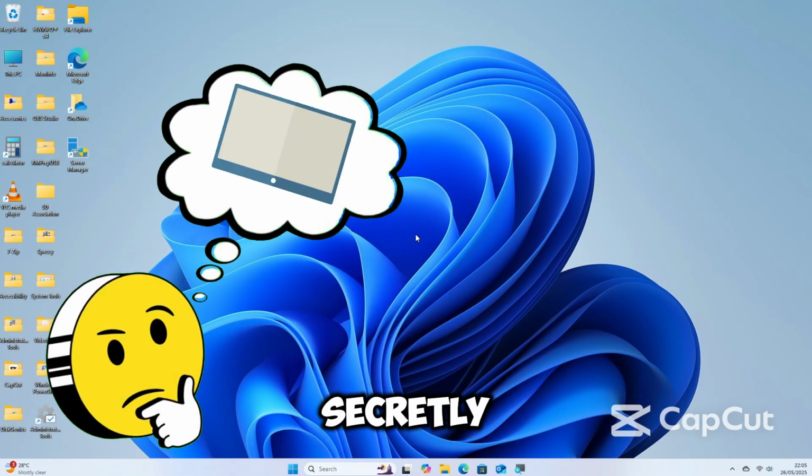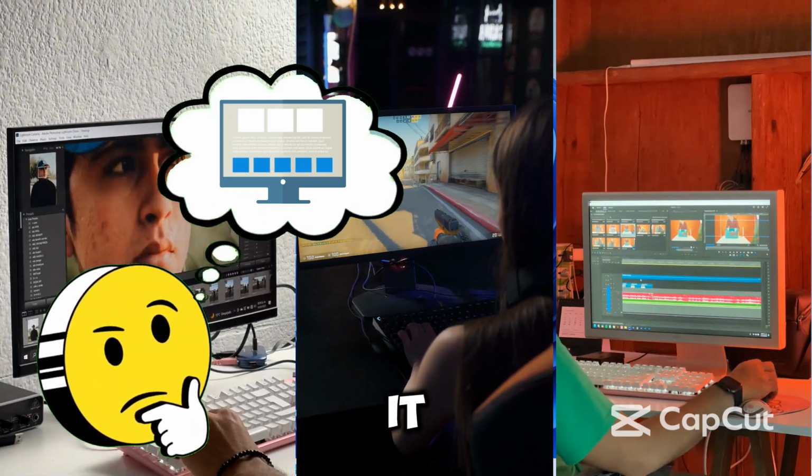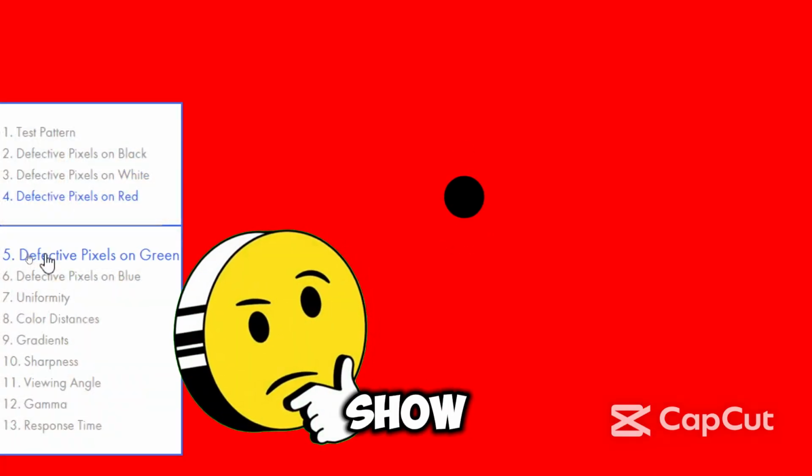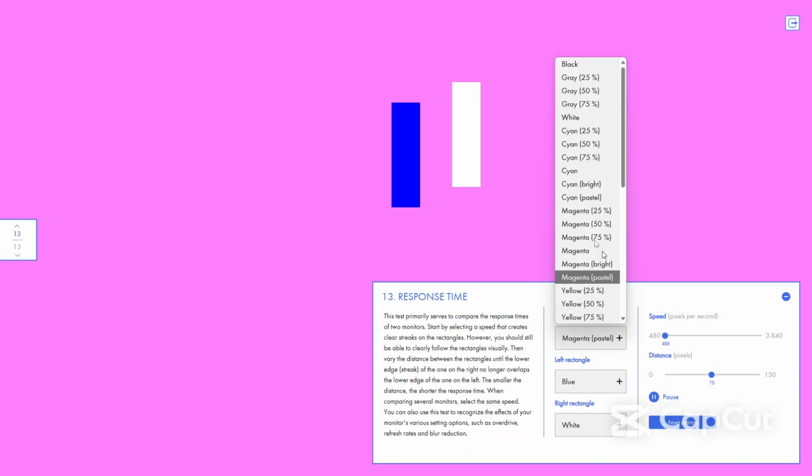Is your monitor secretly underperforming? Before you trust it with your work, gaming, or videos, let's test it like a pro. In this quick guide, I'll show you how to check dead pixels, poor sharpness, bad color accuracy, and slow response